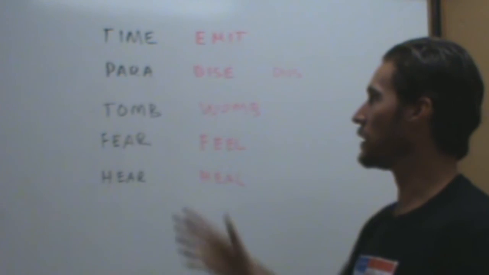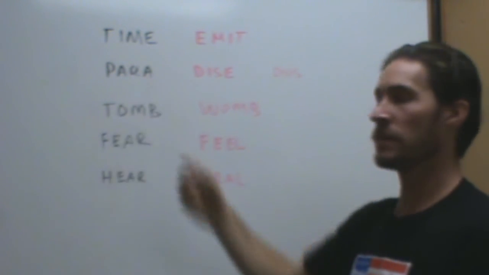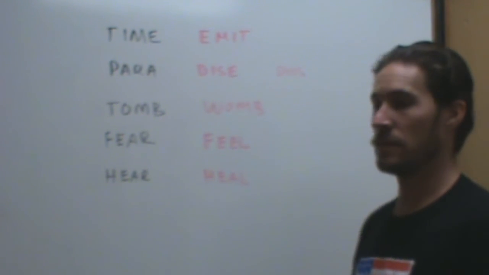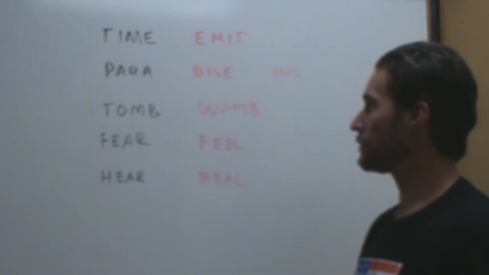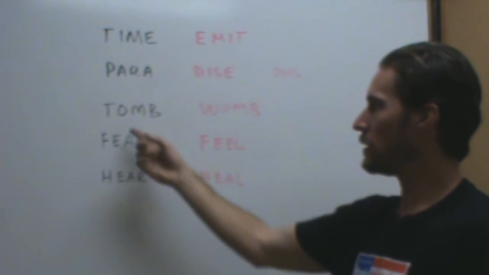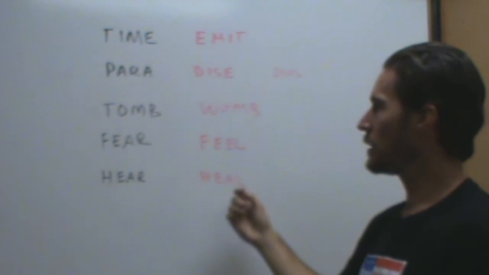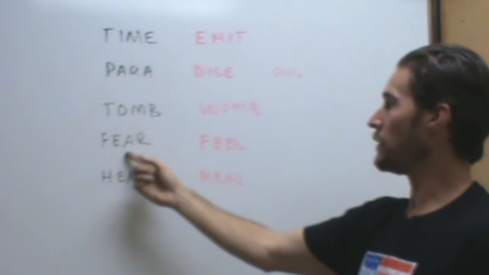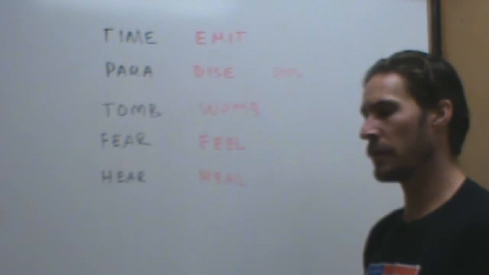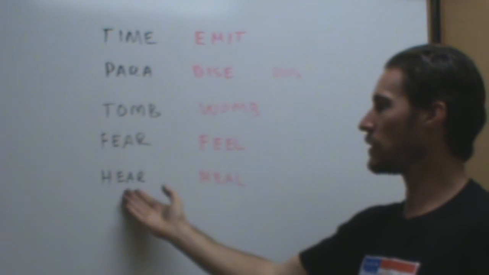When we practice this, we can become closer to paradise. Para means close to. Dice, or Dios, is deity or God, so closer to God. We can come from a mentality of death and decay of the tomb, and we can be reborn in the womb. And we can stop living in fear, and we can start to feel. In order for all this to happen, in order for us to heal, we need to learn how to listen